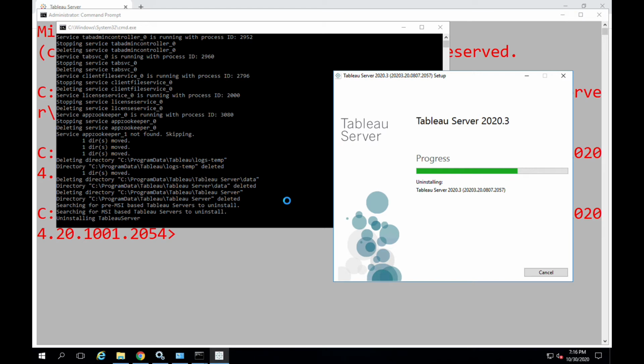All of the services it has uninstalled, and it removed the directories also. Once everything is done, it came to the pre-MSI based Tableau server, which it uninstalls. There are multiple versions on my machine, so it will uninstall each and every version. It started with 2020.3, but in the rest of the video you can see it will uninstall all other versions also.